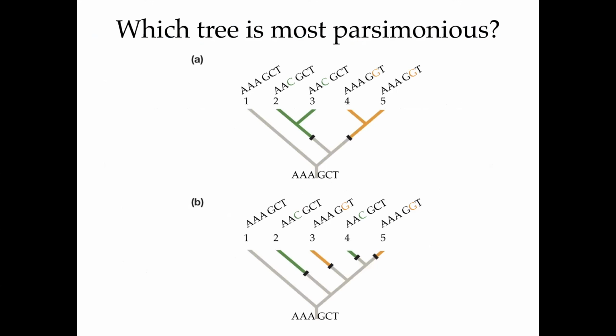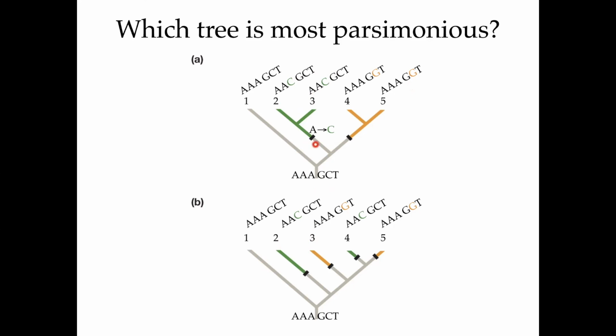Let's see one example here on how to choose the most parsimonious tree, because that is one of the activities you have to do for the assignment this week. So here I have what I have as taxa. It is actually DNA sequences that I have here, and this is how those sequences are related to each other. I have the same sequences represented here and here, just that these two trees are representing these sequences in different relationships. For example, here I have 2 and 3 being sister species, and in this case, they are not sister species. What are the changes that appeared in